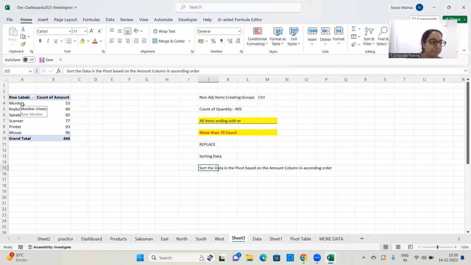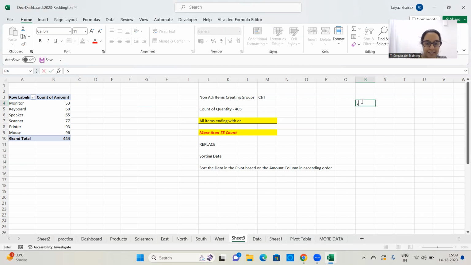Once you all are done, let us go ahead, and now I'm going to talk to you about sorting data based on a custom order. If you have a custom order where you would like to sort the data, for example, let me write over here. I will say scanner,